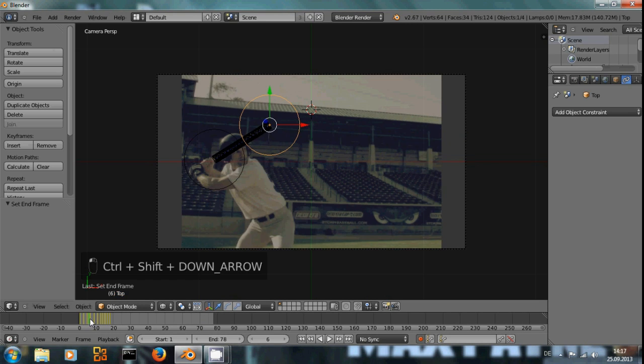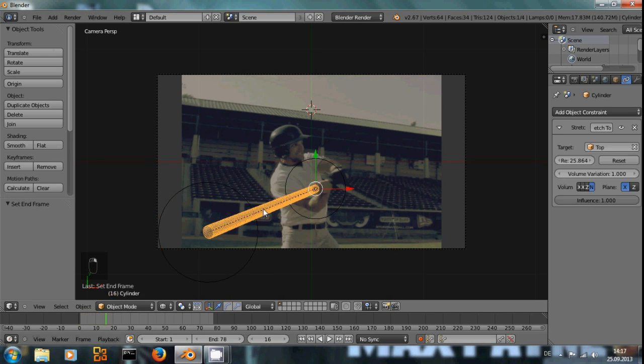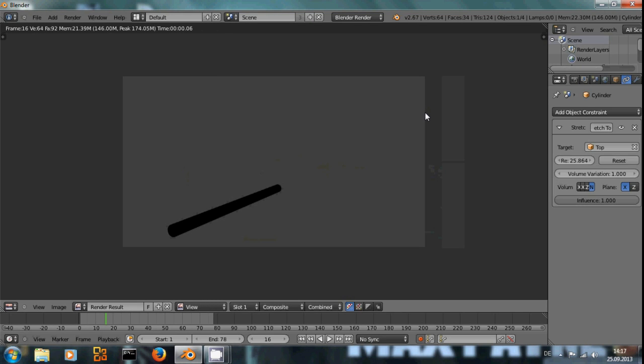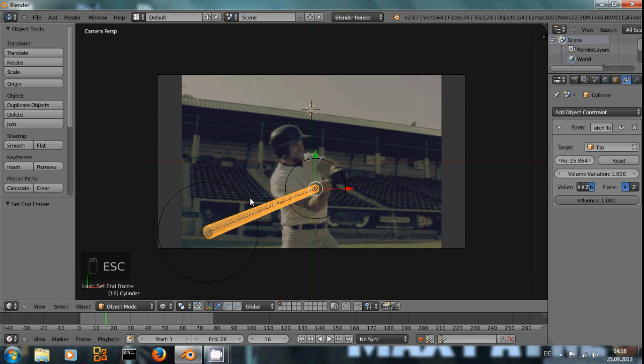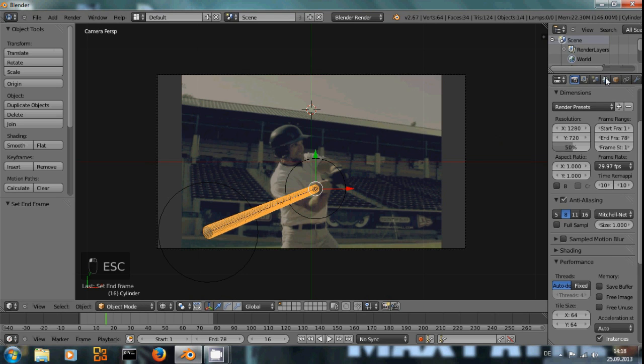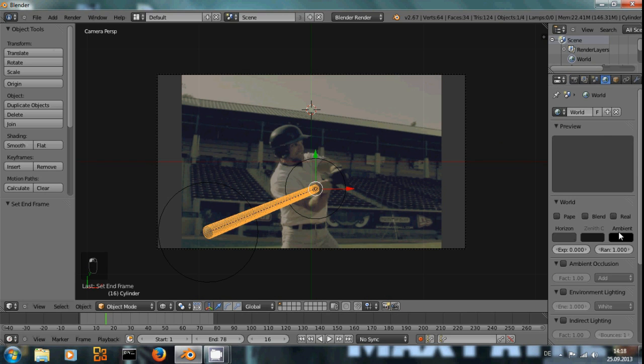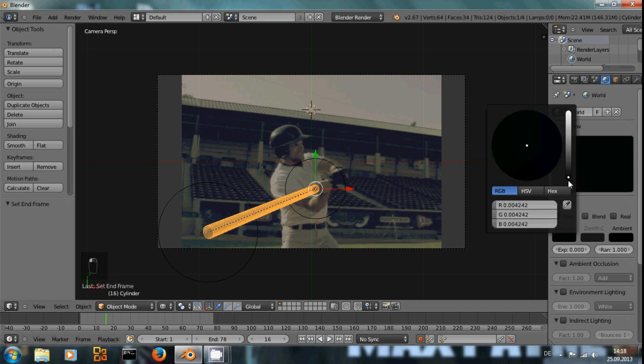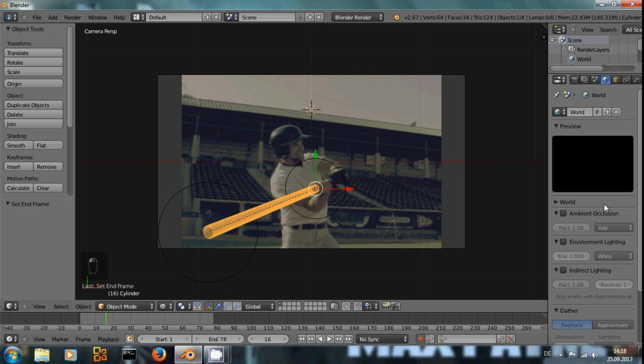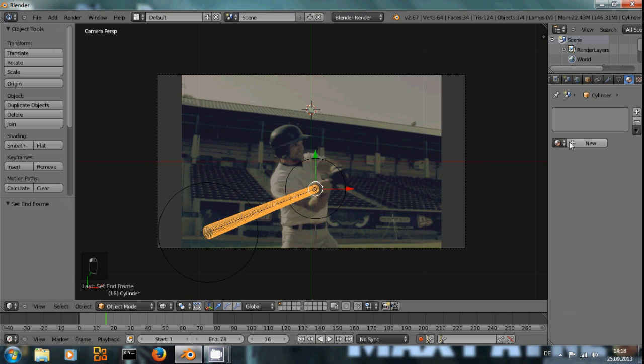Now let's go to, let's say, this frame, and let's take care of the rendering of the lightsaber, because right now if we render we will only get this, a lightsaber that's completely black because we don't have a light source, and a gray background because that's what our background is set to. First of all, because we're going to use screen later on to overlay our lightsaber, we want a black background, but we want the material of our lightsaber,